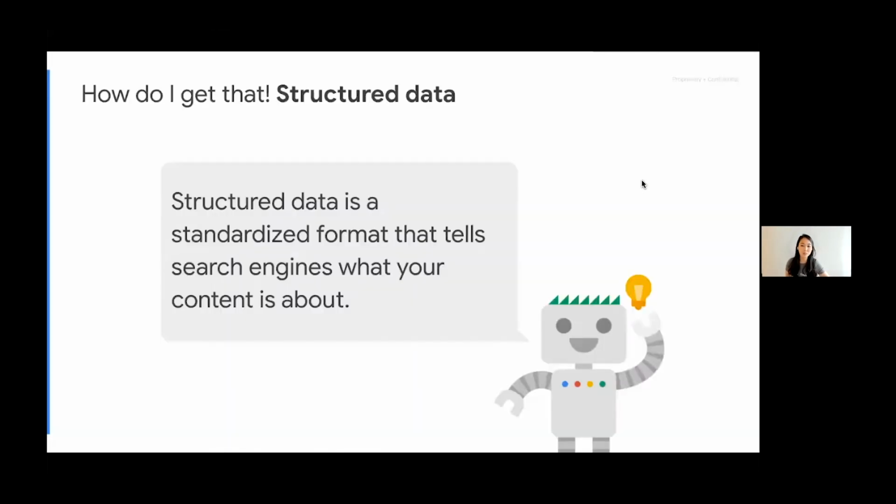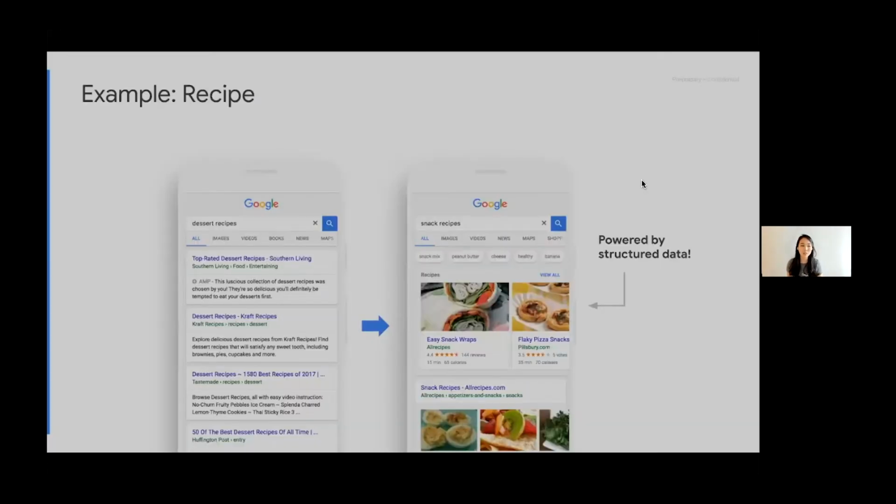These are powered by structured data. Structured data is a set of predefined tags that you apply to your web pages to classify the page content. Google uses structured data that it finds on the web to understand the content of the page and might use that information to show on search result page. For example, when you type in a recipe query, like if you're looking for something to cook, right? We used to see a list of blue links results that don't necessarily tell us which ones are recipes, which ones are not, as you can